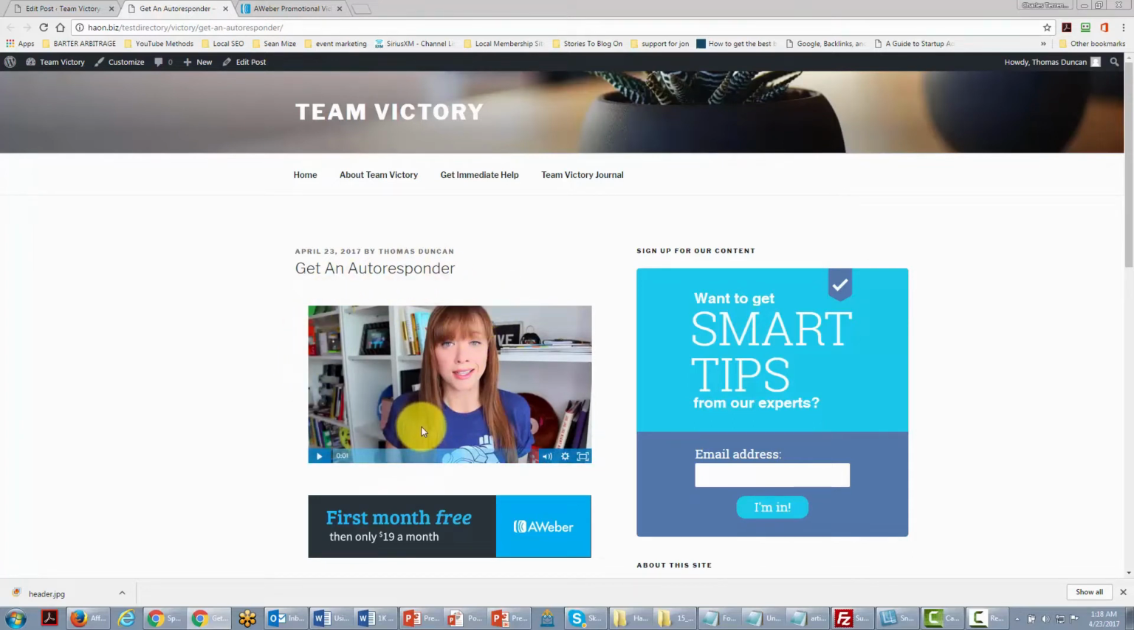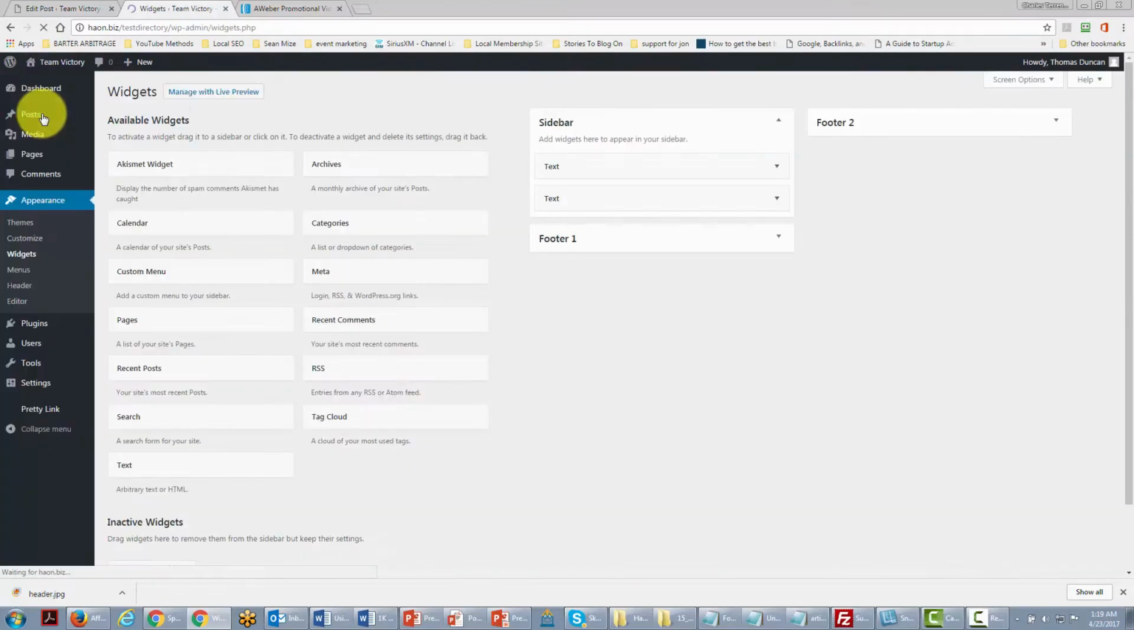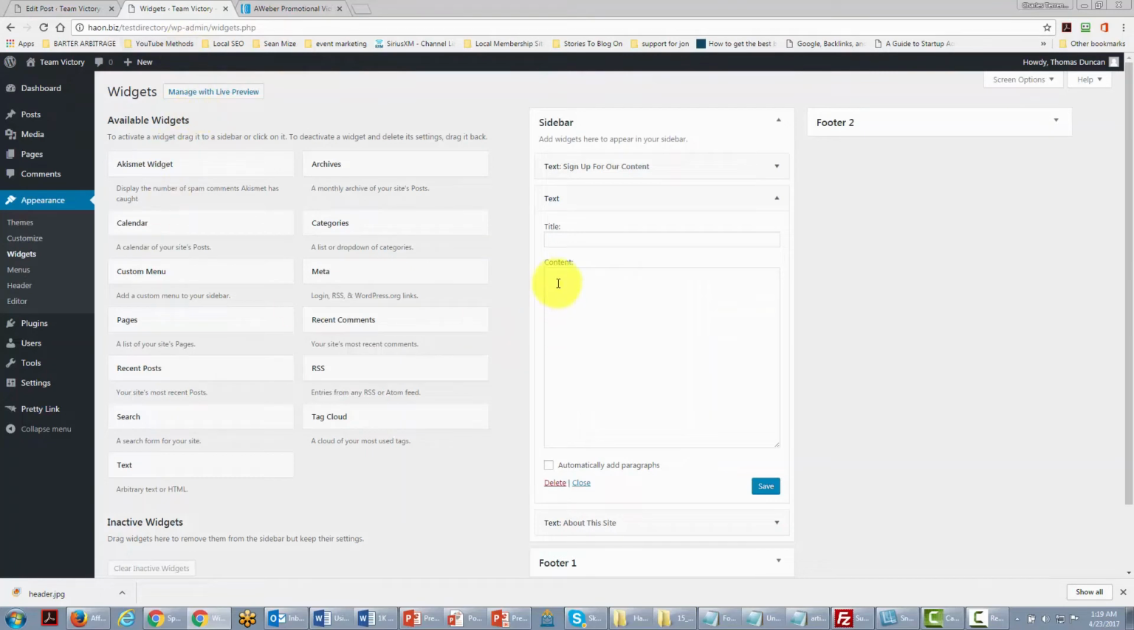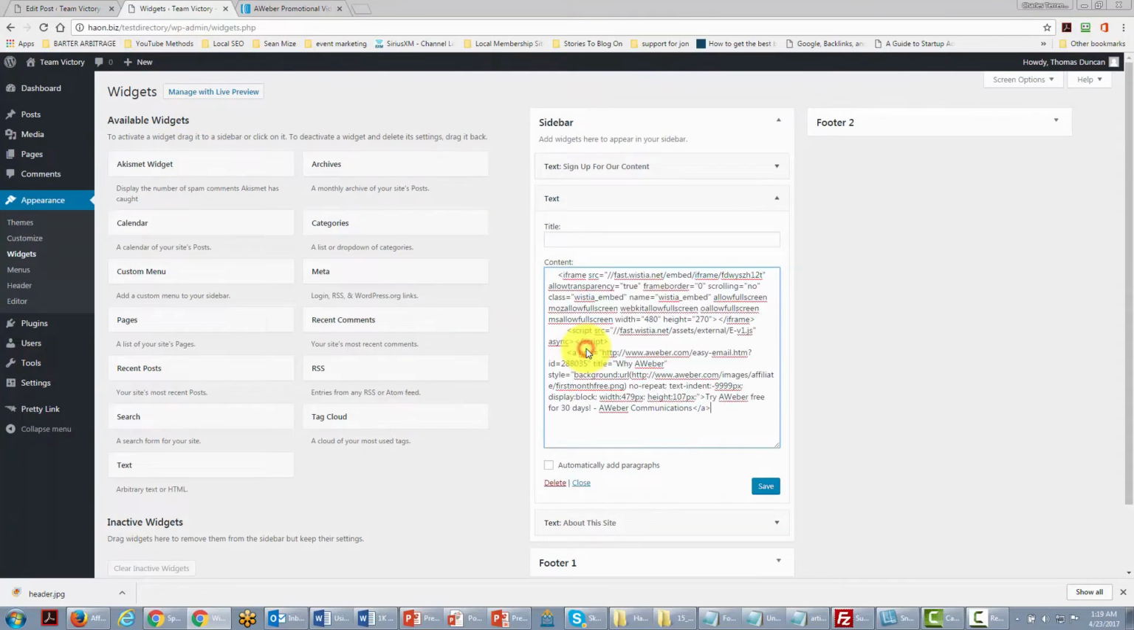Now, one of the other things we can do is the very same thing that we did with our autoresponder code: we can put code in our widgets so that it will appear on all of our pages. In order to do that, all we need to do is go back to this area and find our widgets. Then we can take another text box, and in that text box we put our code in this area again. We'll click Save, Close,